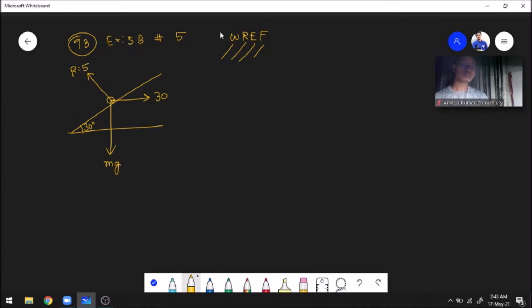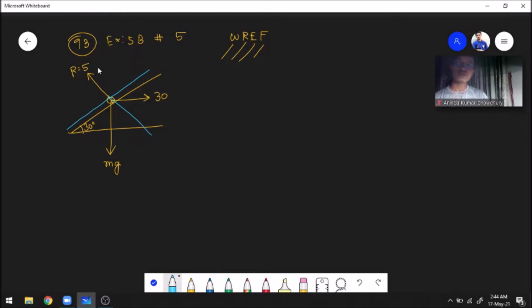So always have this checklist ready so that you don't miss any forces on your diagram, otherwise your entire math will be incorrect. After that, we have to find the components of the forces. So when a particle is on a plane, you have to find the components of the forces along the plane and perpendicular to the plane. As such, here we have to find the components of the forces along the plane and perpendicular to the plane, like this. So we have to break the components of the forces along these axes.